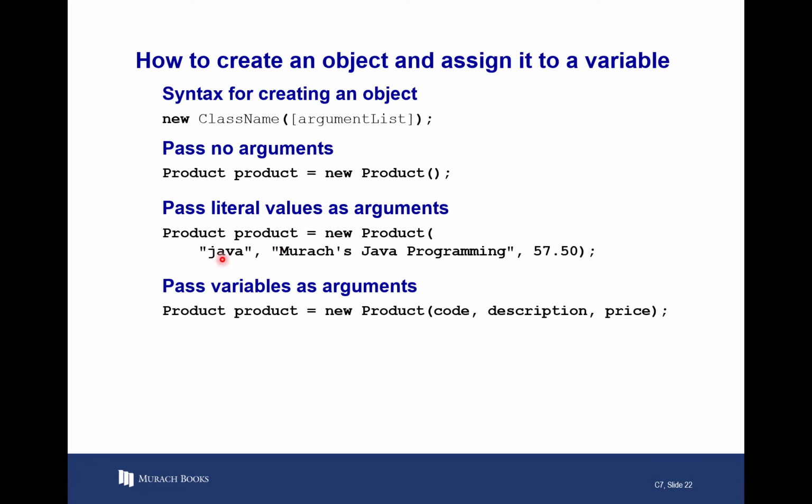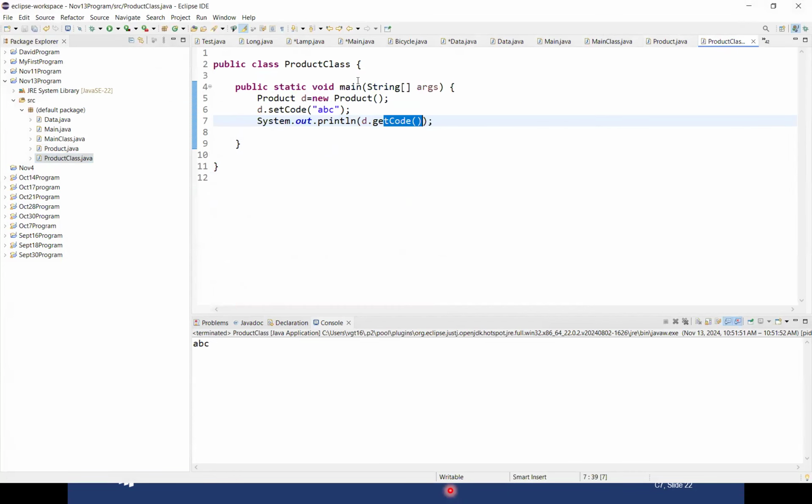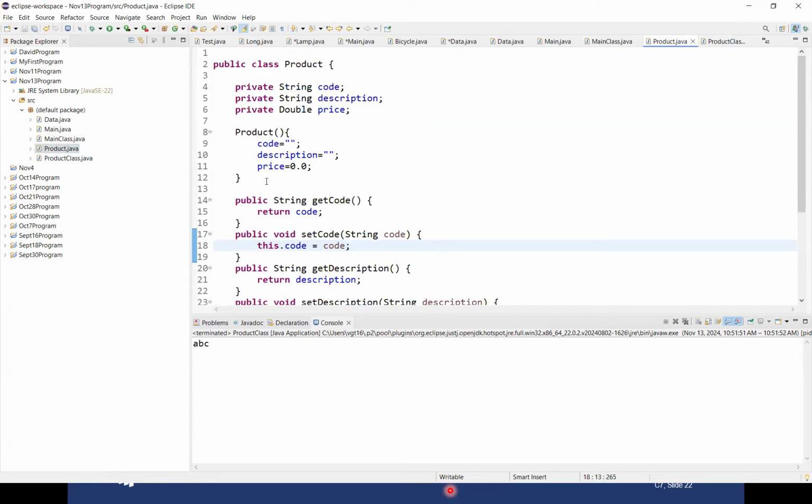This is another constructor which is taking 3 arguments. This is another constructor which is passing values inside this. So one which is taking 3 arguments, one which is taking 0 arguments, and one which is taking all the 3 arguments. The code that I had written, this is with no argument, but I can also create another